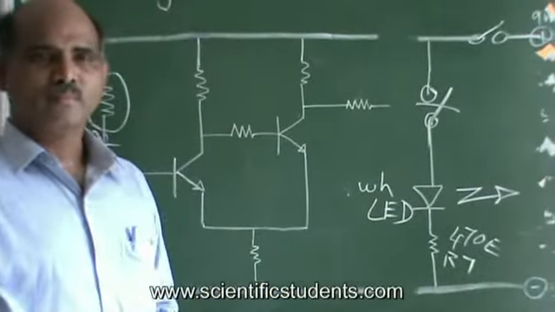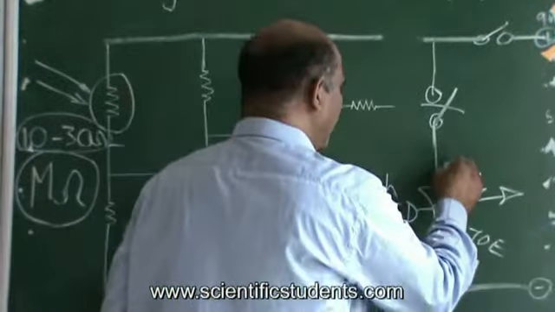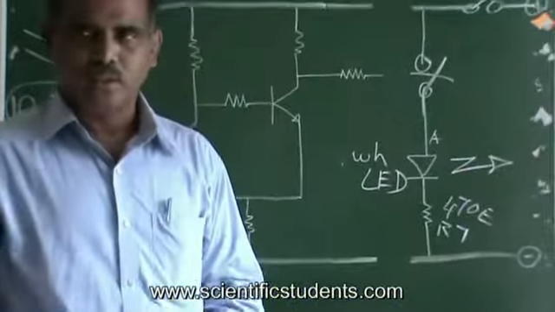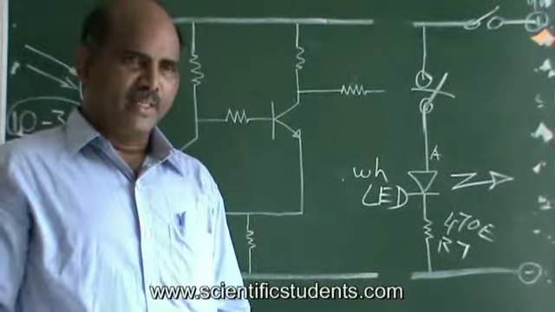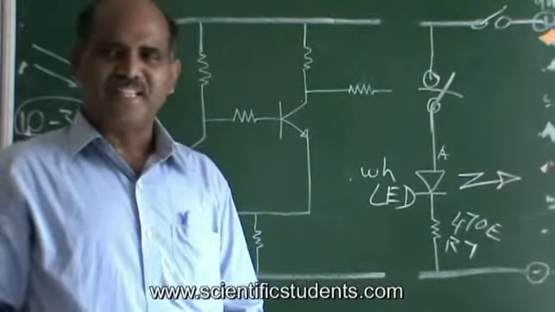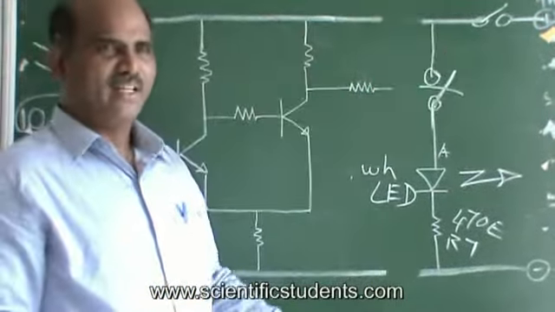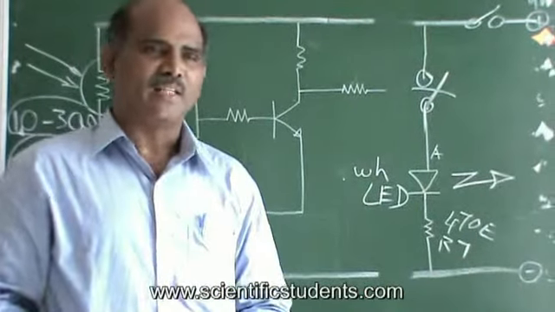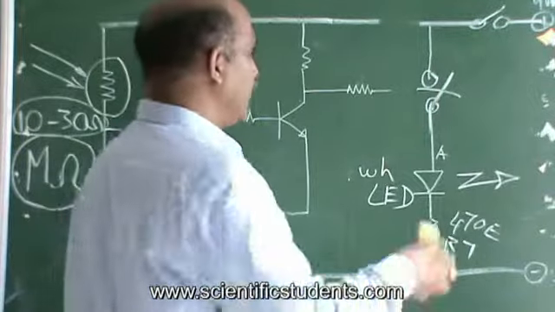Now whenever you switch on this switch, what happens? The current flows through the anode to the cathode of the LED and the lamp glows. Whenever you switch off, it stops. This is what happens in your home or with street lights: you have to physically go and switch the light on and off. But this is what we wanted to control automatically when the sun rays come up. That is my main interest.